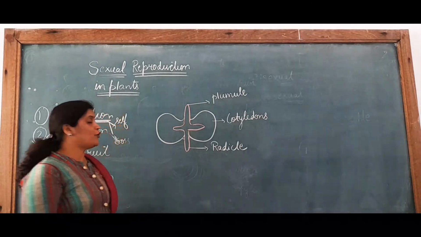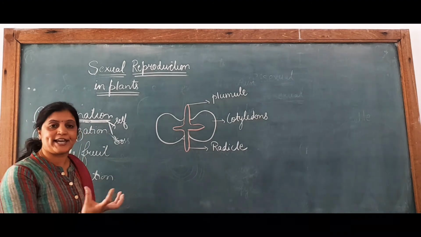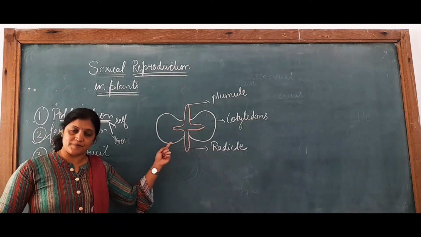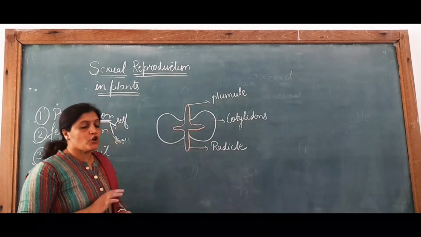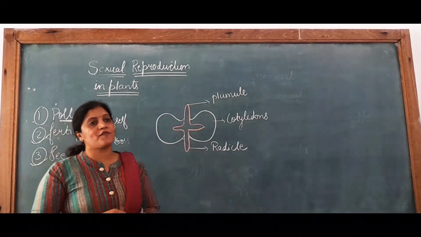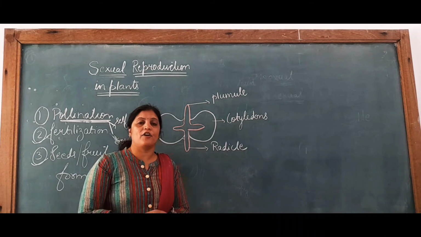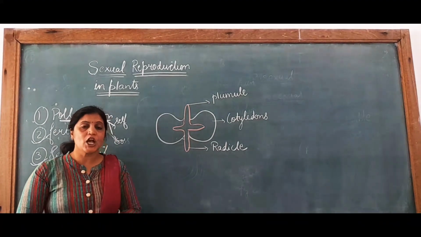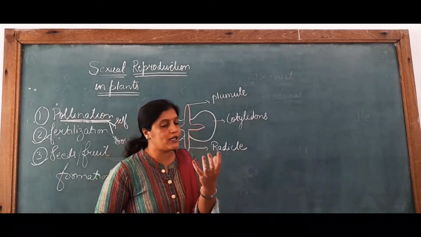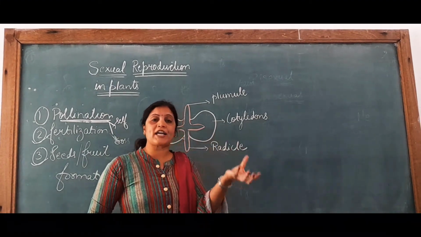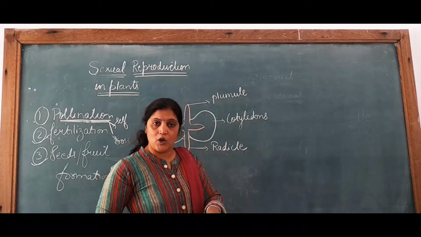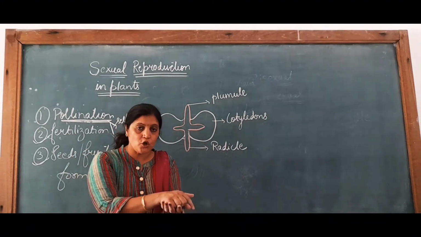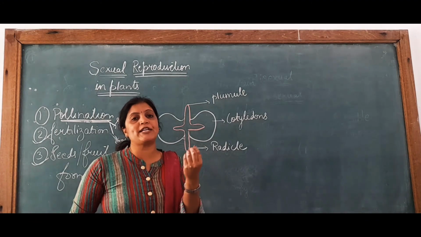Now, as I told you, after fertilization we get seed. Now we will study the structure of seed. To study all the parts of the seed, we will germinate it first. How will you get germination of seeds? Take gram seeds, soak them overnight in water, then keep them in a moist cloth. You will see some sprouted grams.